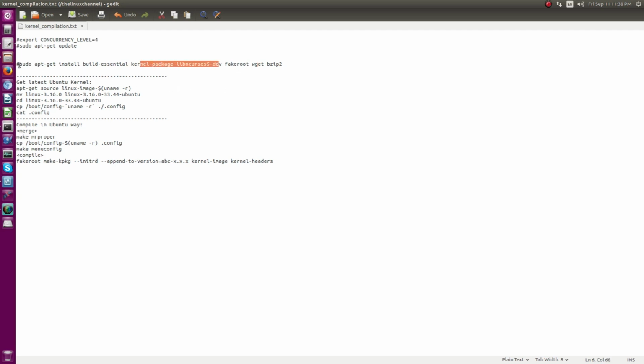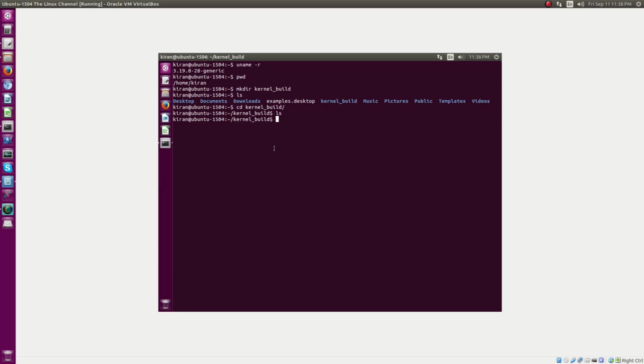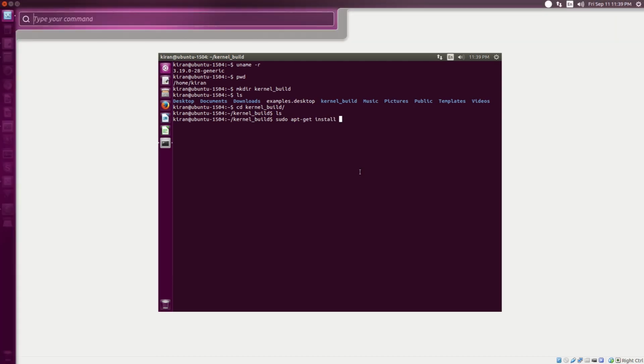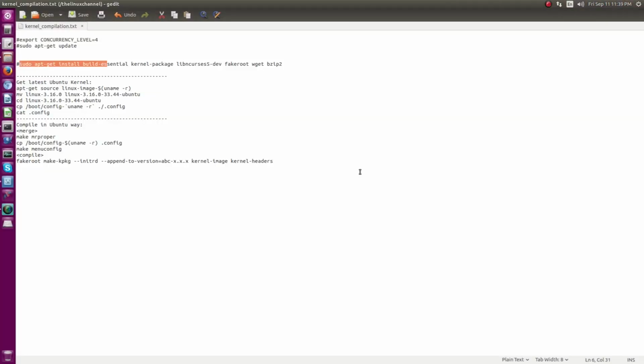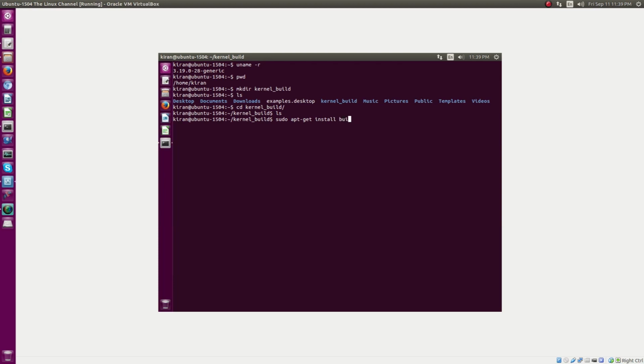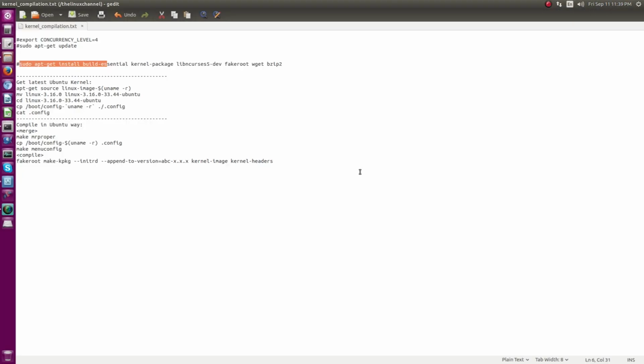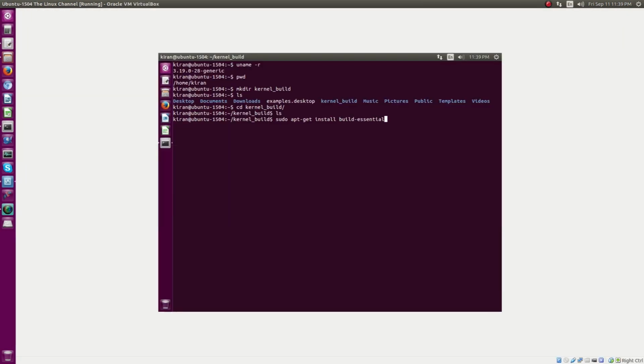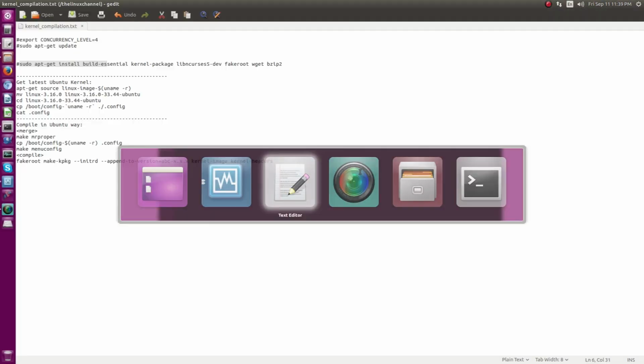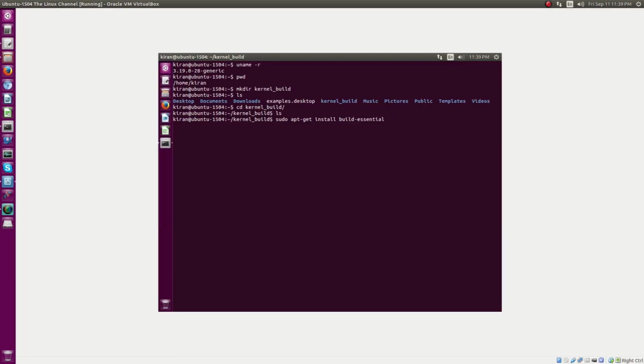So let's first install these tools. sudo apt-get install build-essential, kernel-package,